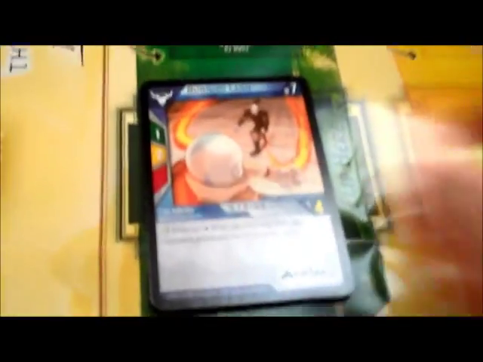So basically this card fights back. You come over to Aang's side and you discard this and you gain 1 green energy. Aang flips,